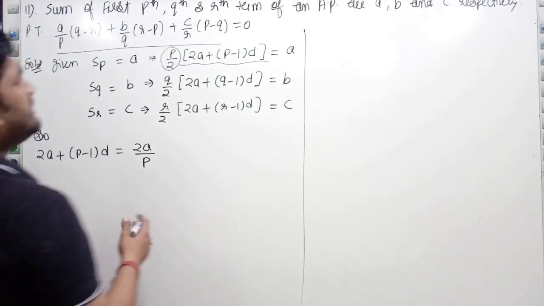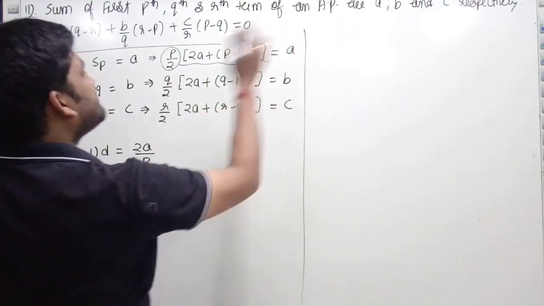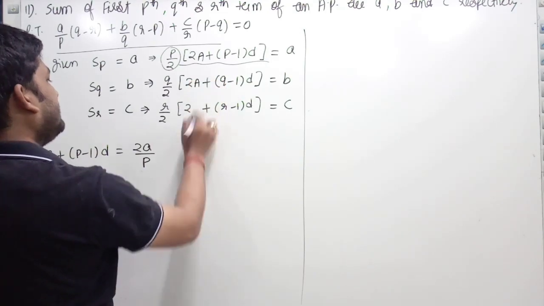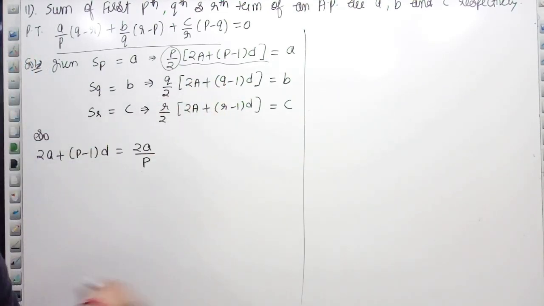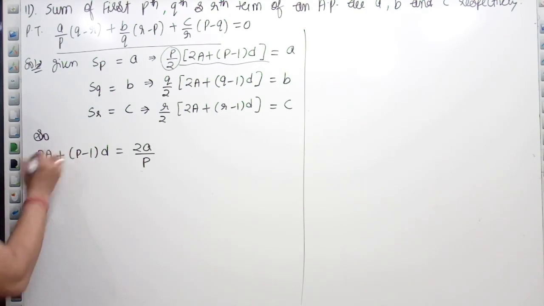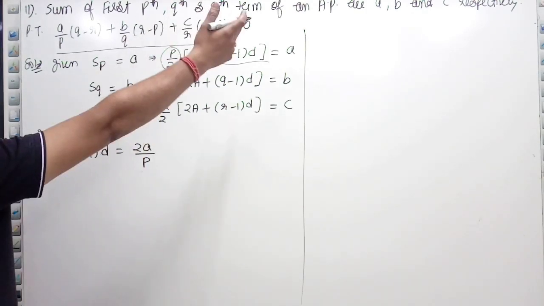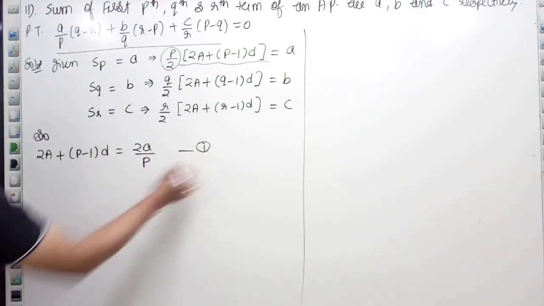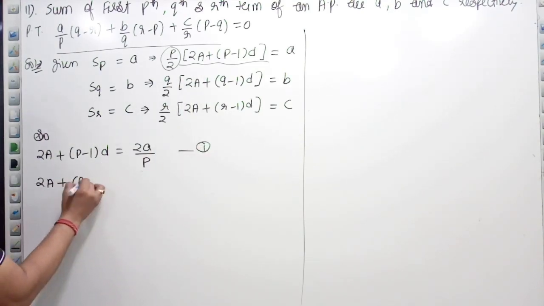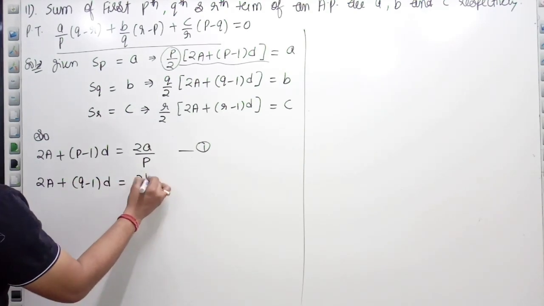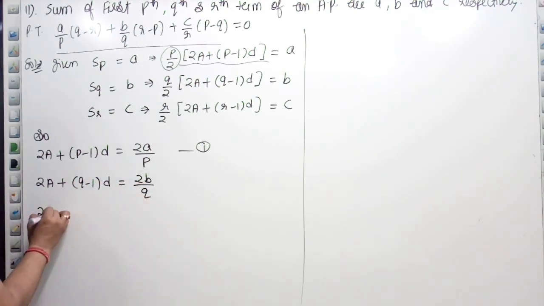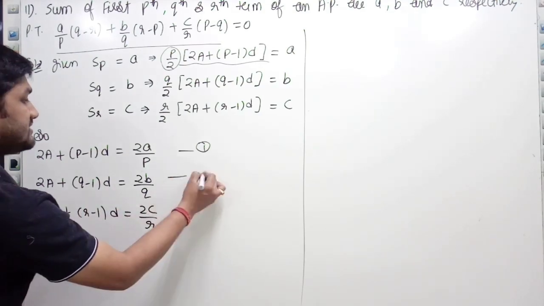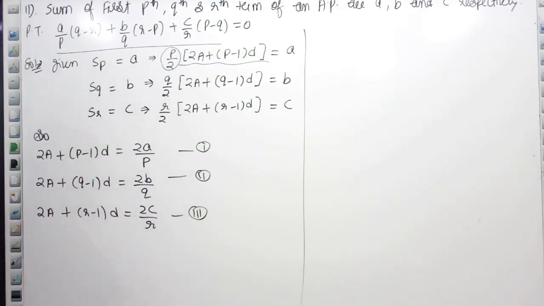अच्छा, one thing I am doing here, यहाँ पे in the expression we are taking small a, small b, small c. So I am in place of small a I am using capital A. Right? It should be clear. Small a के place पे हमने क्या use किया? Capital A. Right? Mix around. That a is different and that a is different. Now from the second term, I am writing 2a plus q minus 1 into d, that is 2b by q, and 2a plus r minus 1 into d is equal to 2c by r. This is equation number second and this is equation number third.